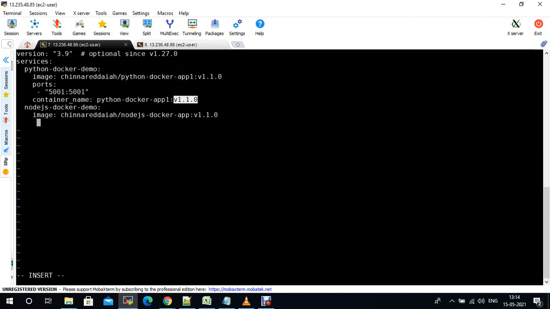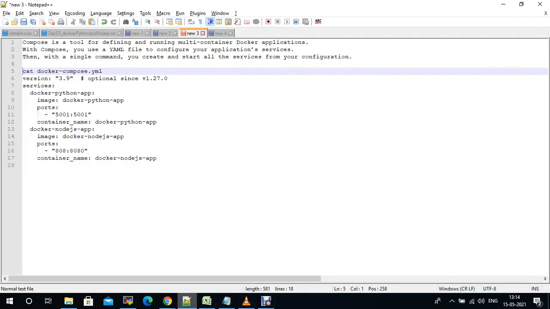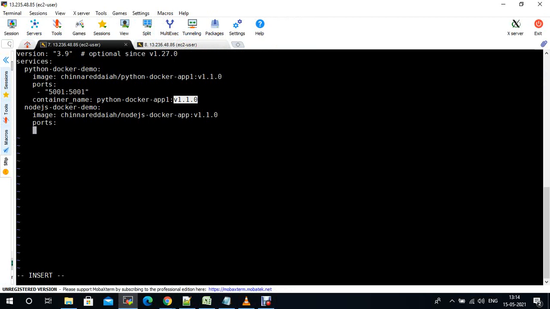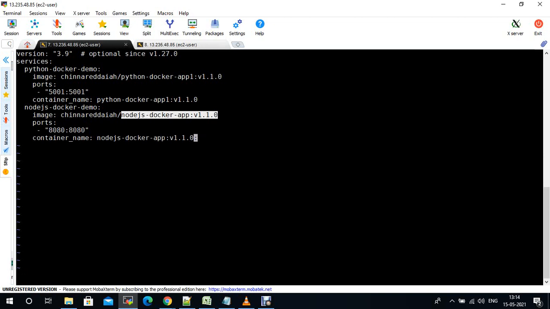After that I need to open the ports. Now host port is 8080, container port also 8080. Now container name, you just need to give a container name, any name. Okay, this is my sample Docker Compose file.